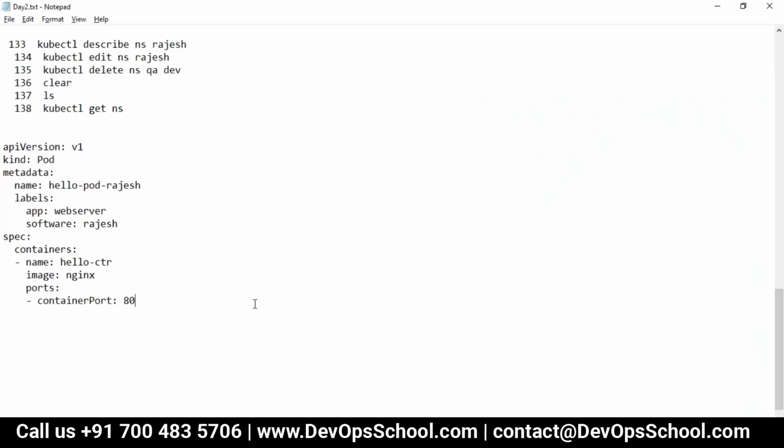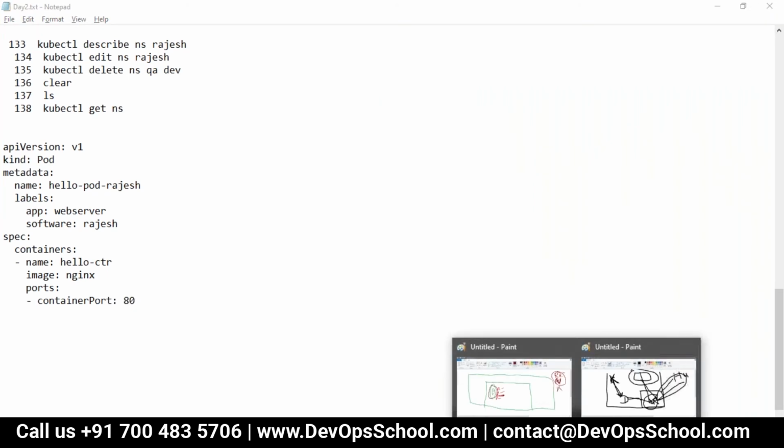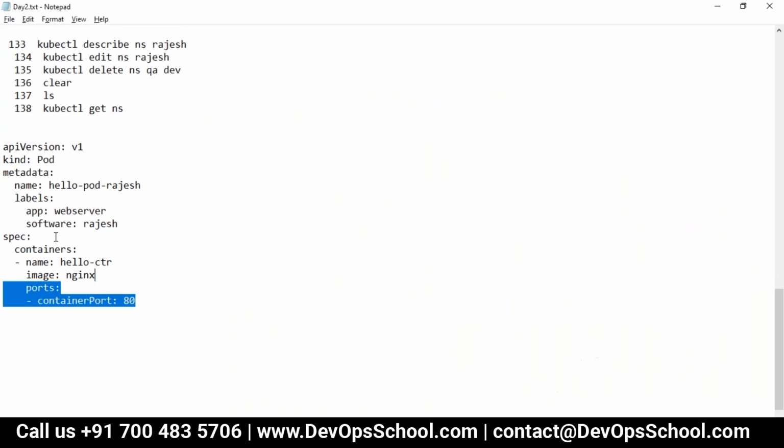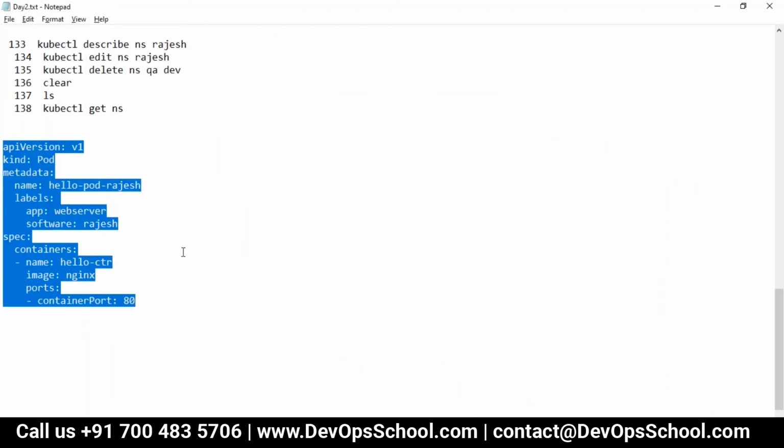Now the question is, is there any command to get the template for this YAML, or are these the only options like spec and metadata? There is definitely a command for it, but I'll teach you one by one, so that way you won't get lost.